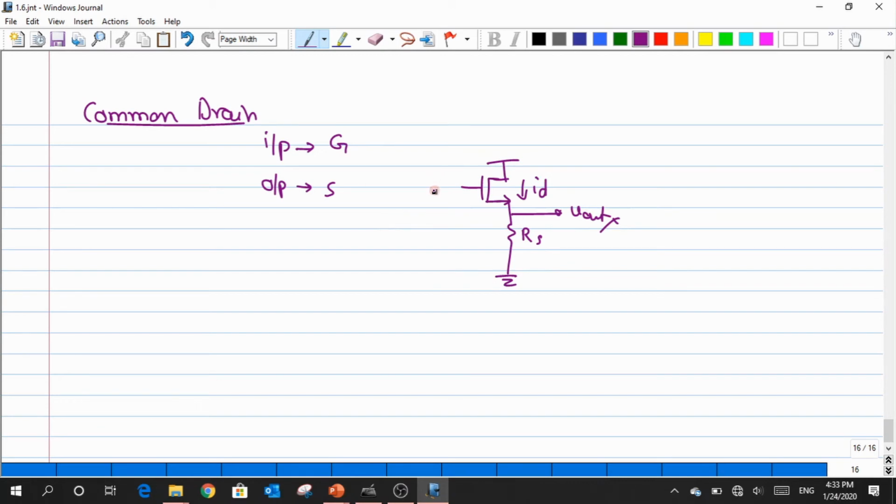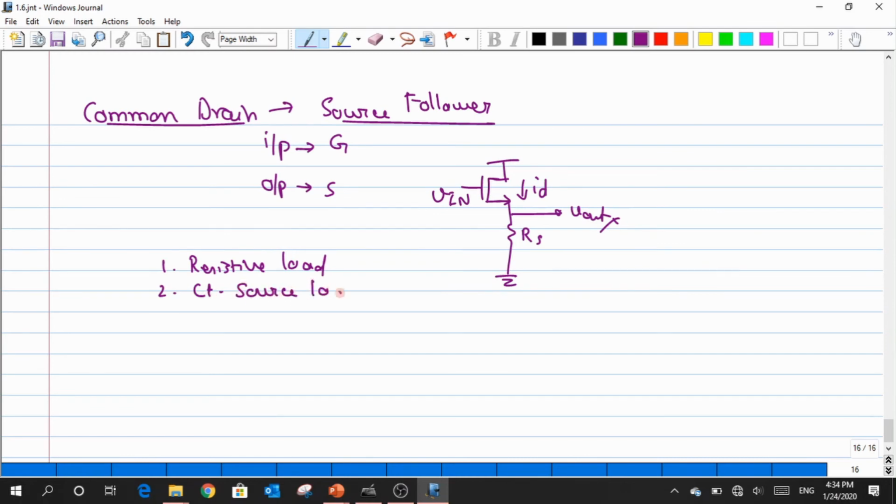This common drain is also called a source follower, and we discussed more about it, so I will not go much in depth. In general, this common drain configuration has two types of structures: one with a resistive load, and the other with a current source load, okay? Now